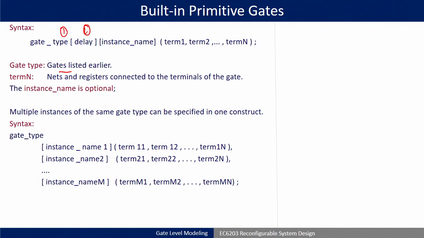By using the hash symbol we pass the delay in terms of a constant like #2 or #6. That has to be written after defining the gate. After writing down the gate you have to write down here like #2, then the delay will be there. Okay. After that you have to specify the instance name.